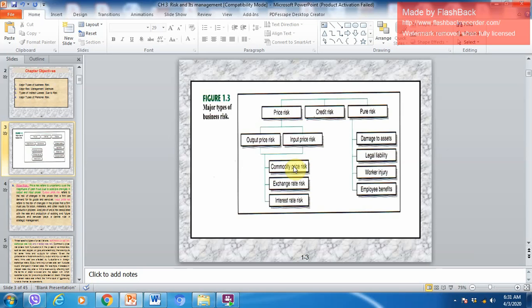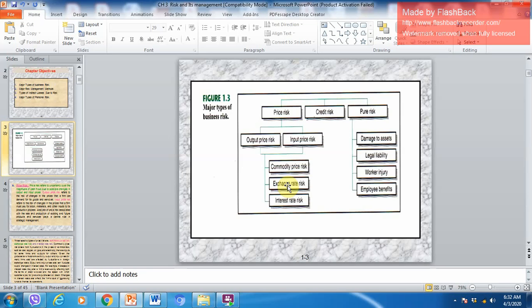The second point is called exchange rate risk. Given the globalization of economic activity, output and input prices for many firms also are affected by fluctuations in foreign exchange rates. We take an example in order to better understand this point. For example, you have a business in Kurdistan, you are producing medicine, and you need to supply raw material from other countries,